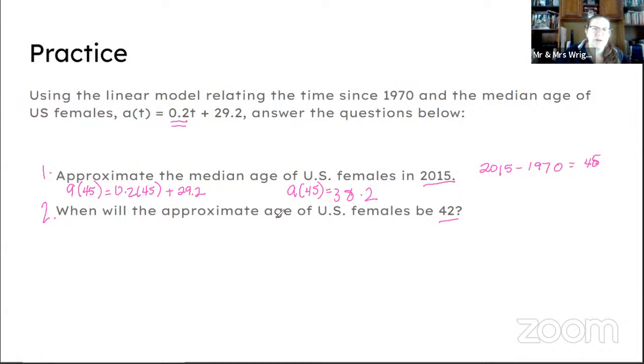All right, so when will the approximate age of US females be 42? Well, remember, the age is our output. The A for age is our output. So when will 42 equal 0.2t plus 29.2? We want to know how much time it will take to get to 42. Okay, so we have to solve for this. We're going to subtract 29.2 from both sides. So 42 minus 29.2 is going to be 12.8